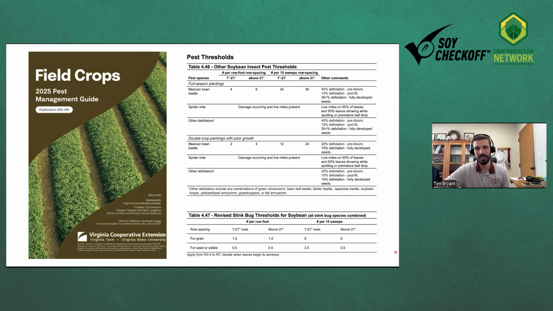And every extension specialist in every state has some version of this, where their growers are able to access it easily and see what that economic threshold is. So we have these tools. We try to keep growers informed on what pests might occur, when they might be there, what the injury looks like, how you sample for them, and then at what level you should go out and intervene. Despite all of that,